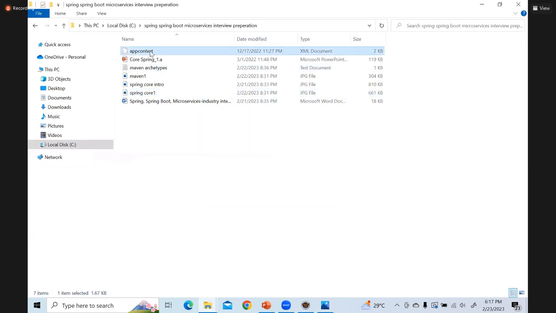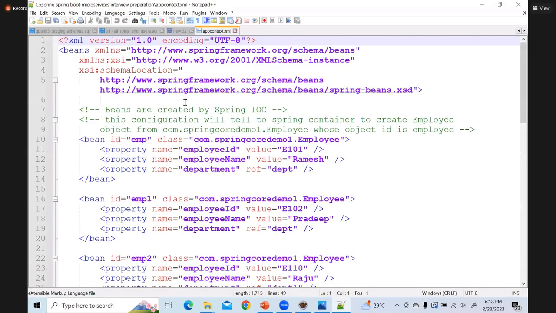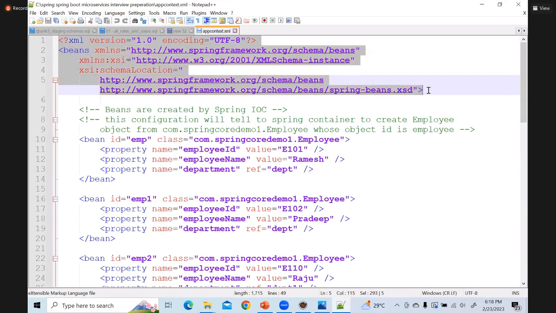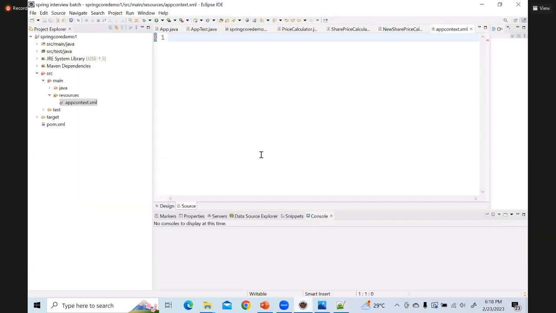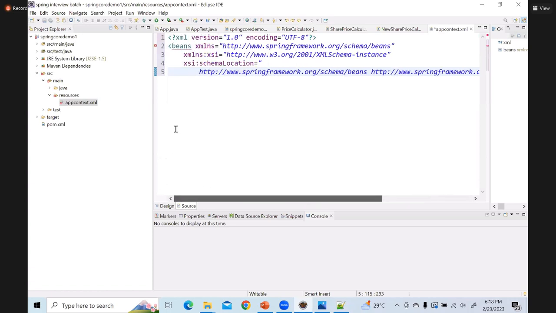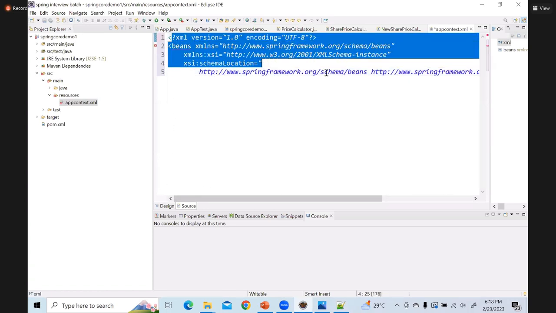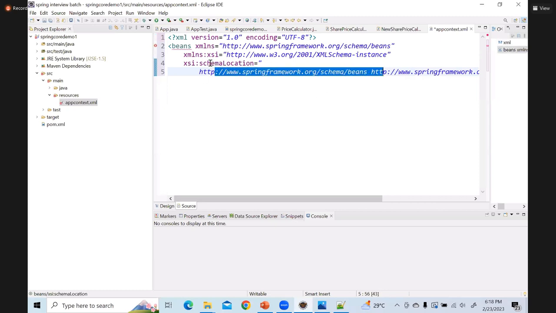So in this, I'll just tell you. Now see, this, if you see this, this you copy as it is actually, okay? This you don't need to remember, this is a header. It is part of your Spring Framework documentation. You just copy, don't need to learn it by heart or remember this, okay? Now from here,